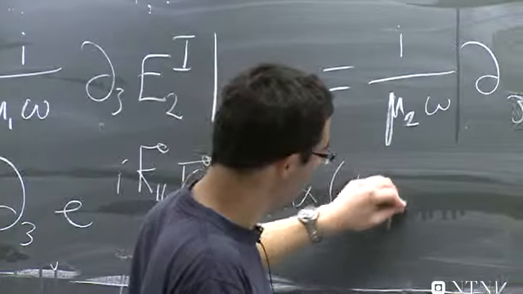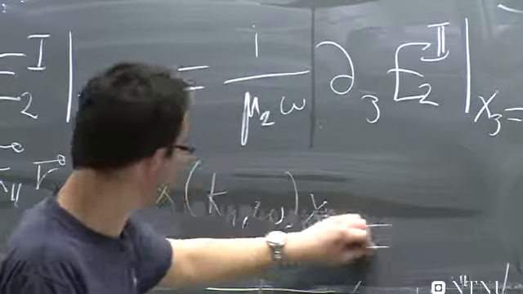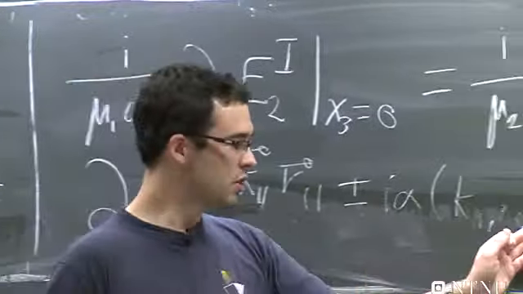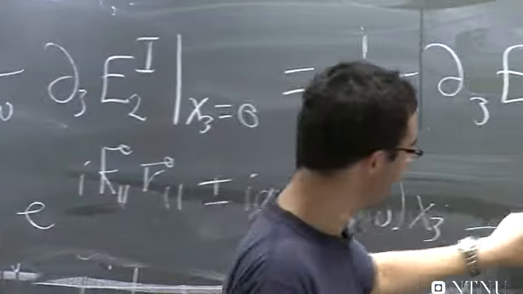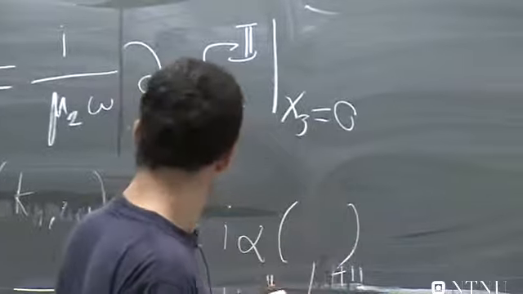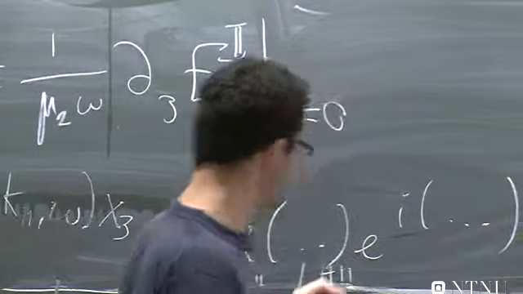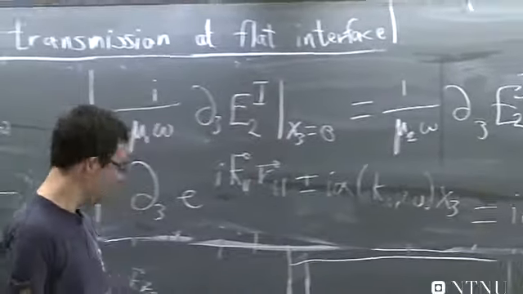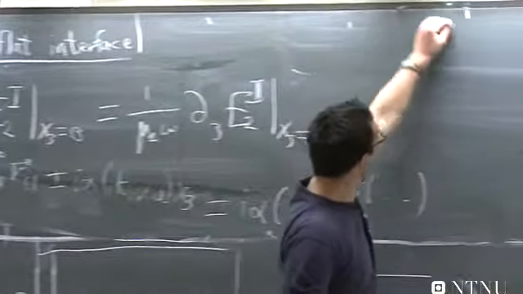K parallel omega x3. So this derivative is only going to get me what is in front of x3 because it's an exponential function. So I get down i alpha e to the i, and you know what this says. Okay, and from that we have the following: